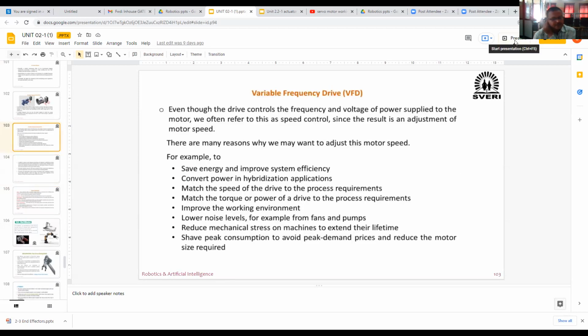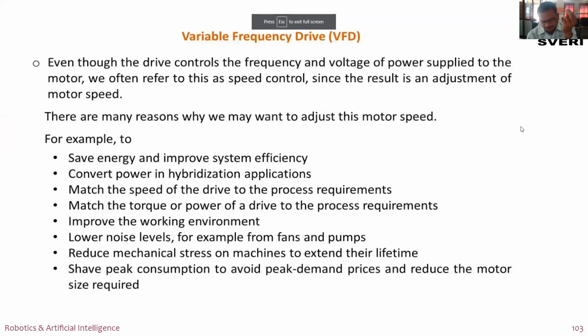This way, now all motors are over. Next drive is